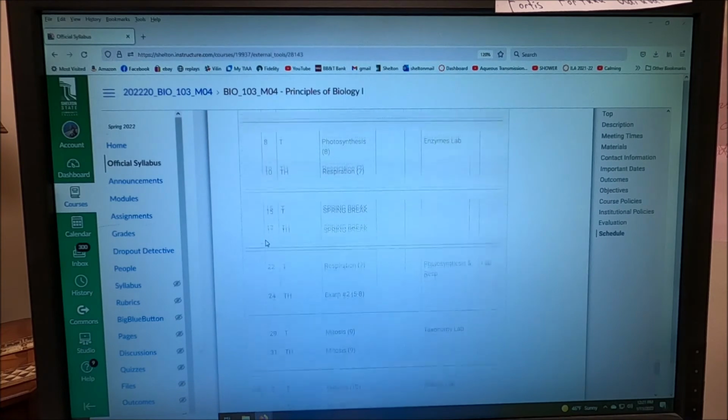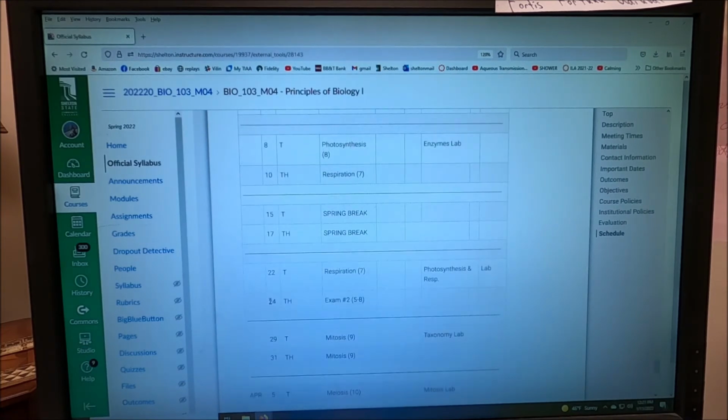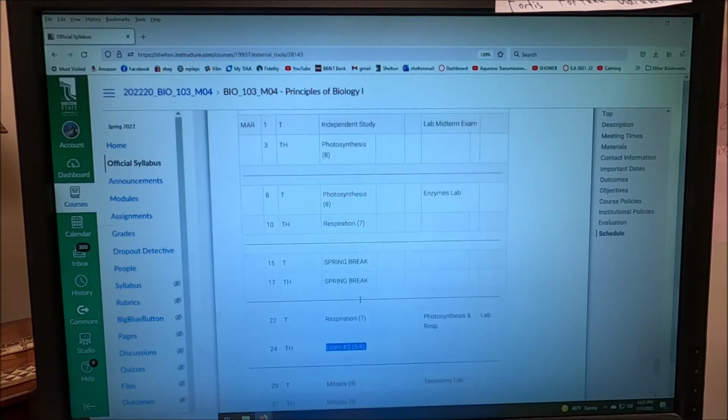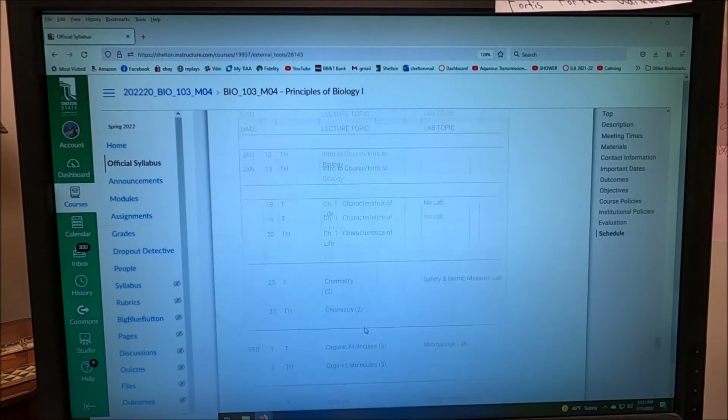On, let's see, where is this? March the 24th, we'll have the second major exam, and it'll just cover everything from the previous test to now. Okay, so this calendar is going to be your tool to know when things are due at any stage during